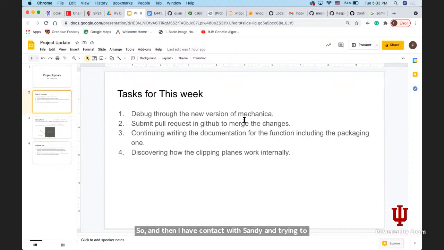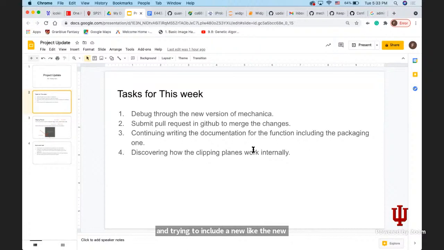The new version of Mechanica has already merged my changes, so it can adopt my Jupyter notebook code. And I'm still continuing writing documentation functions and trying to include the new packaging,